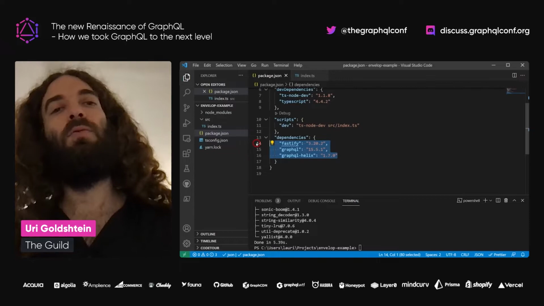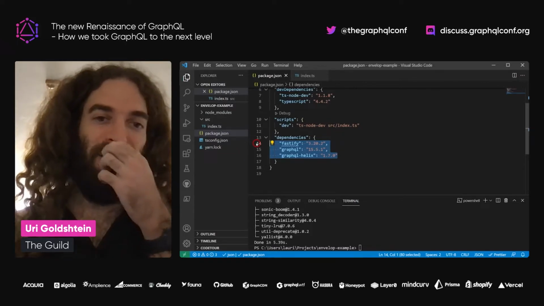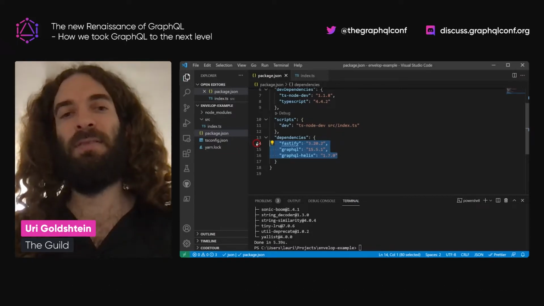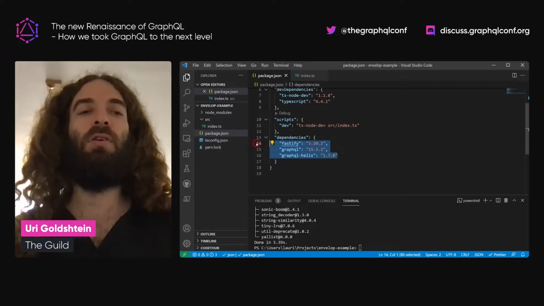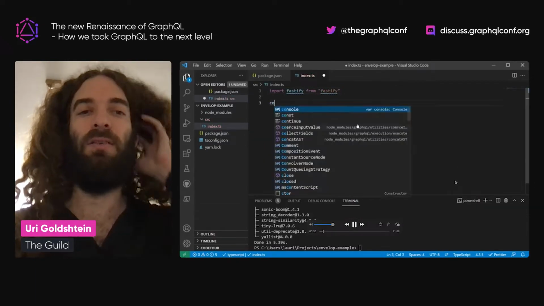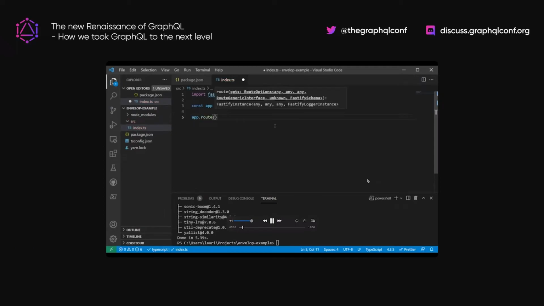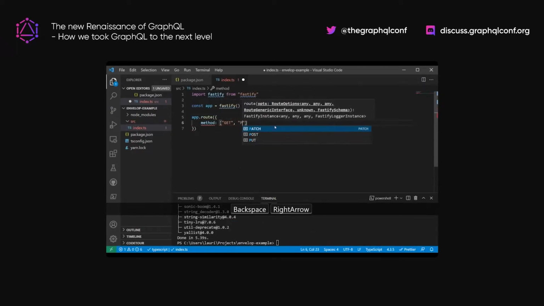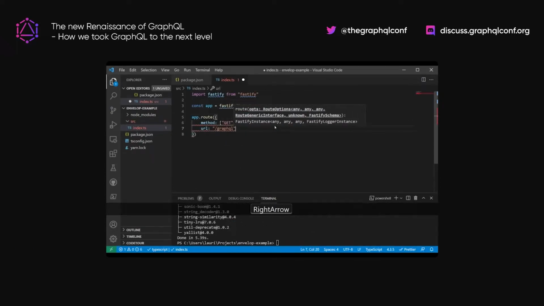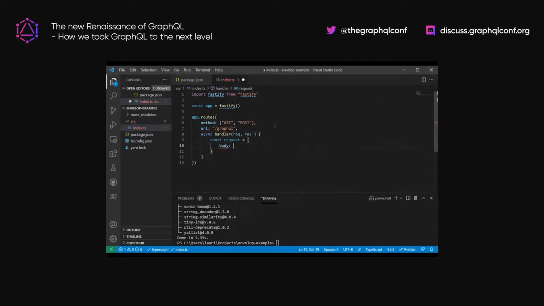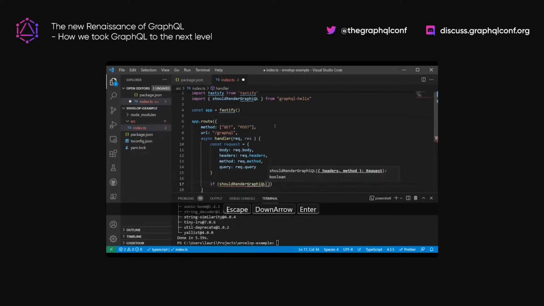So again, we're not wrapping Fastify, you're just using Fastify as is. So you don't need to learn new documentations or new ways to use Fastify. You just use Fastify as is. So you can see here we start a completely new app of Fastify. We're going to handle the GET and the POST of the URL /graphql. Everything you see here is regular Fastify. You can just go to the Fastify docs. Everything is regular. There's nothing special GraphQL here until here.